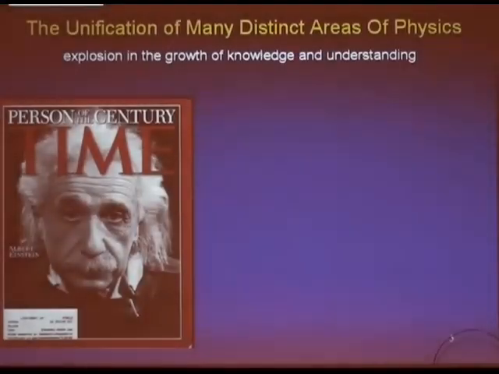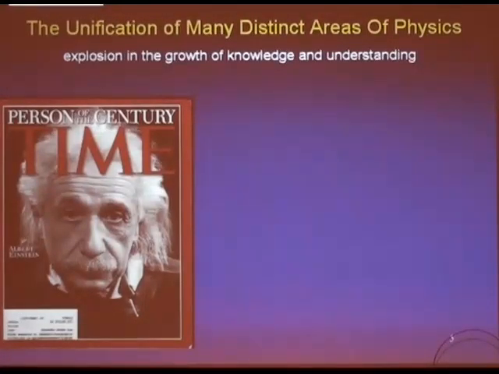All right. So as you know, Einstein was declared to be the person of the century, 1900 to 2000. Time magazine interviewed many famous people and reporters and scientists and politicians, and they came up with votes of who is the most important person, who had the most influence on our culture over the 100 years from 1900 to 2000. And the vote was heavily in favor of Einstein, so they made him the person of the century. Normally they have the person of the year, so he was the person of the century.